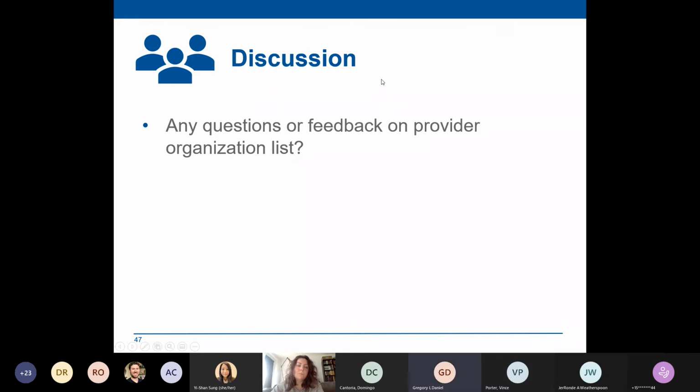Thanks, Sarah. This is just specific to me and Kaiser. I wasn't sure how you were going to reach out to the providers, and since I am the central hub for both, I would hope that you just send it to me. The reason being is we're a big organization, and I'd hate if suddenly you had somebody showing up from one of our physician groups or something, and we're like, no.